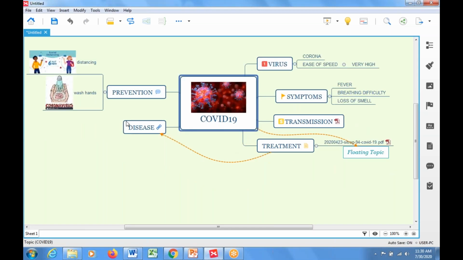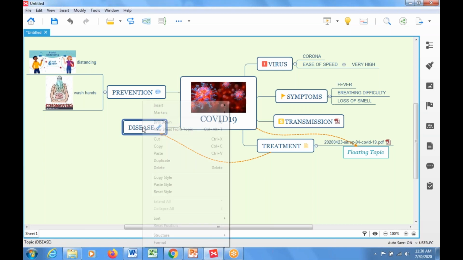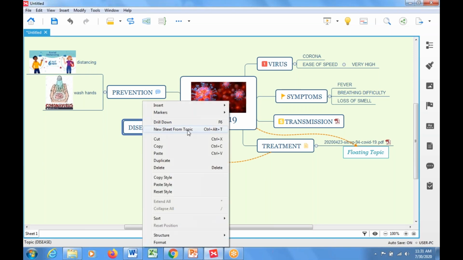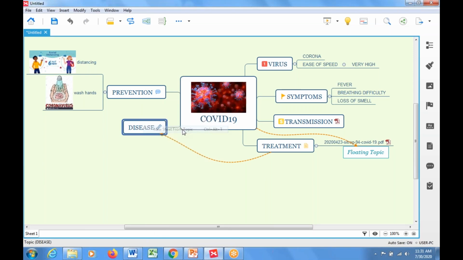Okay, for example, maybe when you're working on a mind map, you feel that to give more information about the particular disease, the space is not sufficient. So I feel that for this disease alone, I can create another mind map. If you feel so, what you can do is that single left click, single right click, you can say new sheet from topic. You click on new sheet from topic.